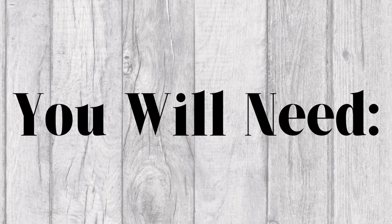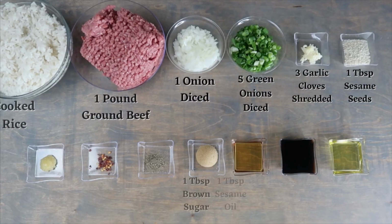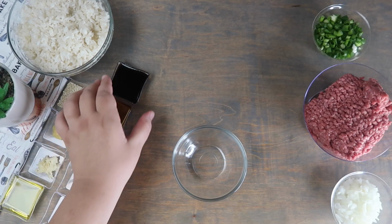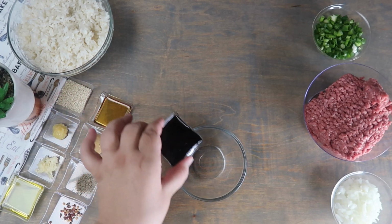For this recipe, you will need cooked rice, 1 pound ground beef, 1 onion diced, 5 green onions diced, 3 garlic cloves shredded, 1 tablespoon of sesame seeds, 1 teaspoon of ginger, a 1/4 teaspoon of chili flakes, a 1/4 teaspoon of pepper, 1 tablespoon of brown sugar, 1 tablespoon of sesame oil, 2 tablespoons of soy sauce, and 2 tablespoons of vegetable oil. In a bowl, start by combining the soy sauce,